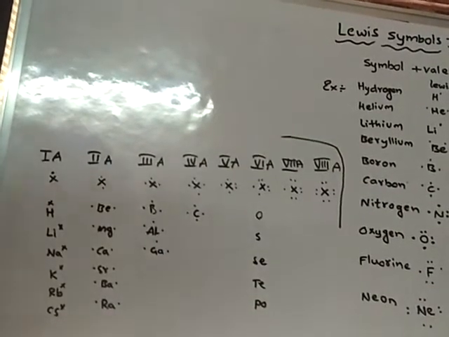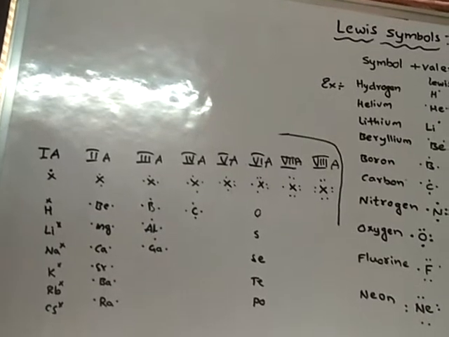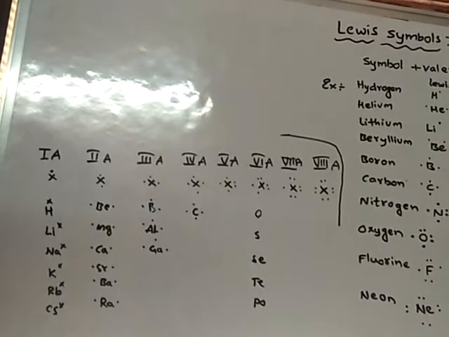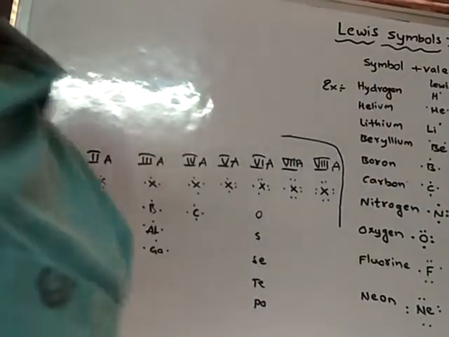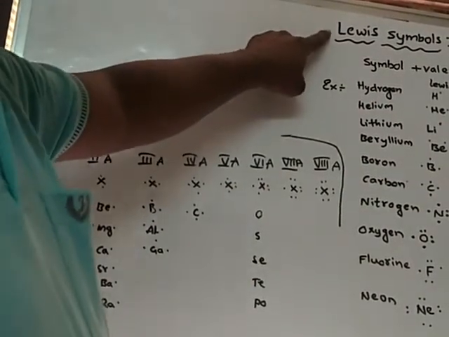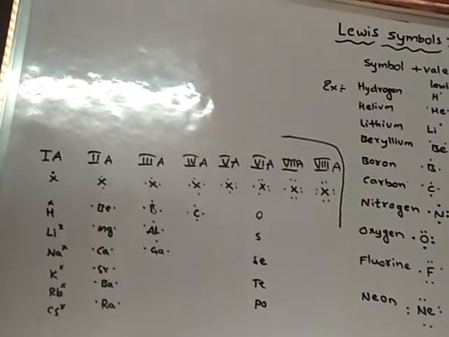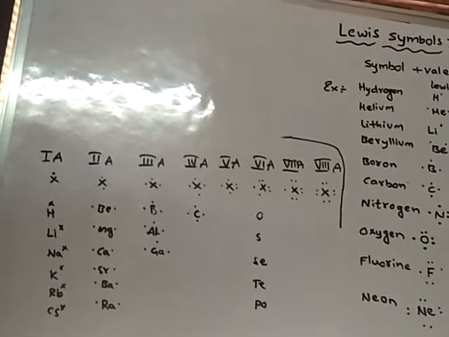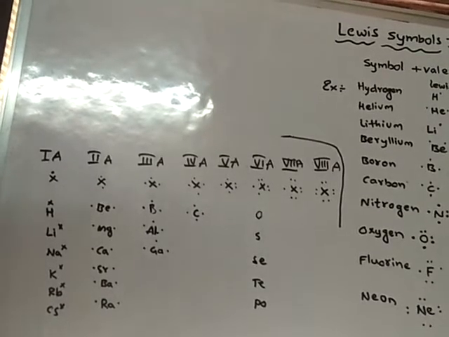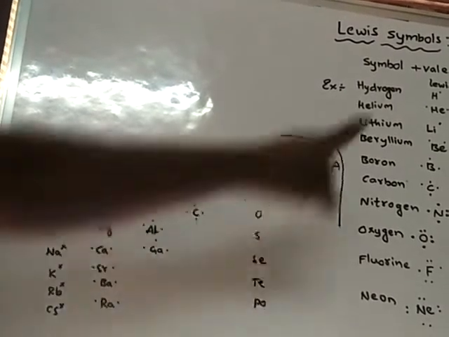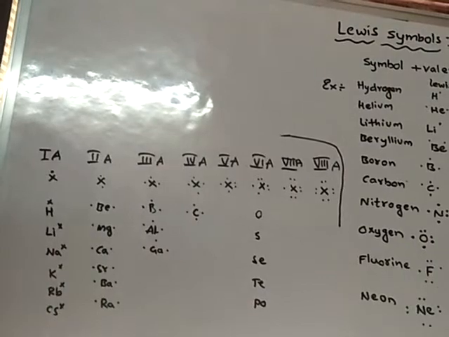In this way, the Lewis symbol helps us in many ways, particularly in chemical bonding, to represent an atom with its outermost electrons. Why do we select only valence electrons? For writing a Lewis symbol, only valence electrons are selected. Why? Because valence electrons are the most important electrons. They only participate in chemical reactions. Other electrons do not participate in chemical reactions. The electrons present in the inner shells do not participate in chemical reactions. Only valence electrons are responsible for chemical reactions.